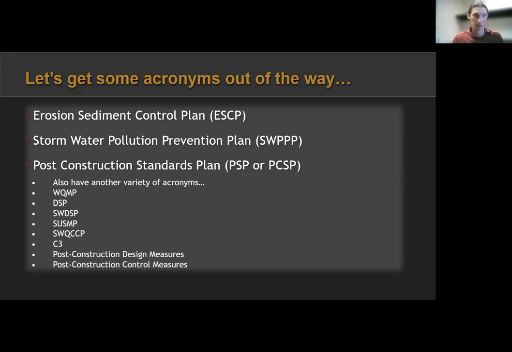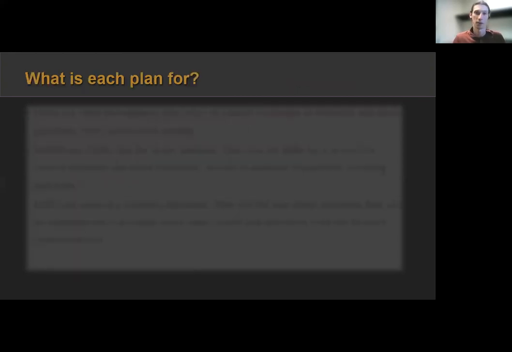SUSMP is for San Joaquin County. C3, that's more for the Bay Area. They're also called post-construction design measures or post-construction control measures. They have a variety of different acronyms, but they all mean the same thing. We'll get into the definitions of what each plan entails on the next slide.